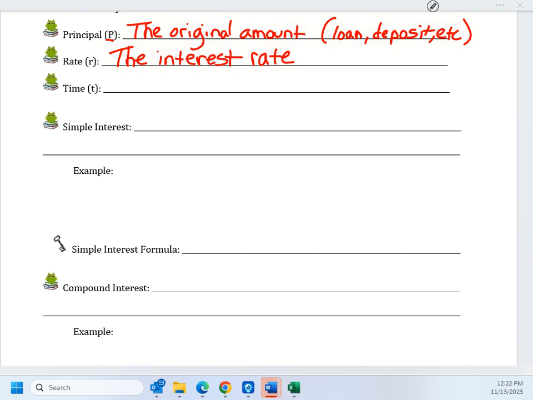We're gonna see how that plays in effect. You want a really small rate if it's something that you're gonna owe. Right, you want a big rate. Ooh, my savings account's getting me a 10% interest rate. That's a good thing. You want the bigger number if it's going to be making you money, a small number if you're going to be having to spend it. T is the time. That is how often